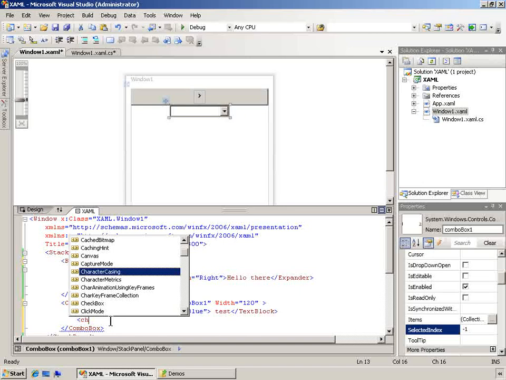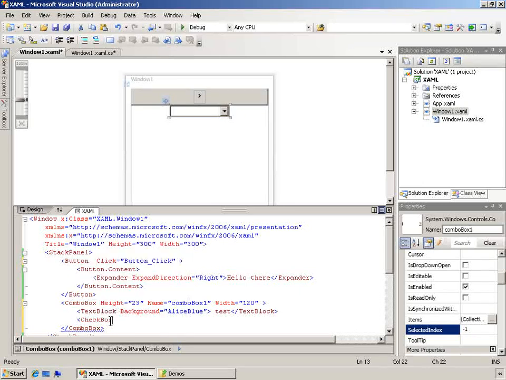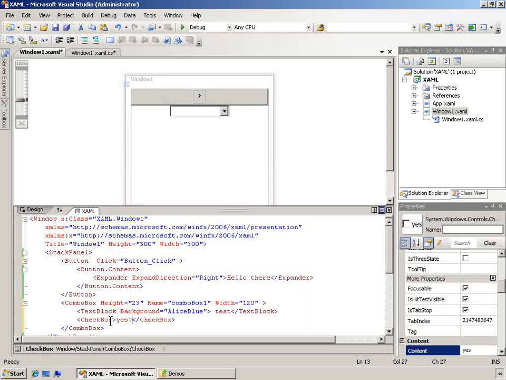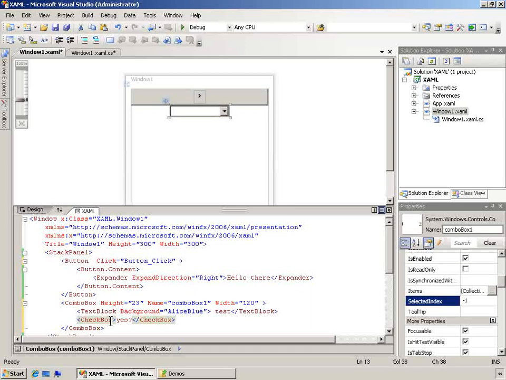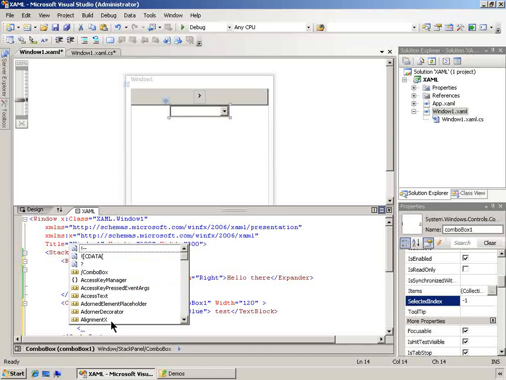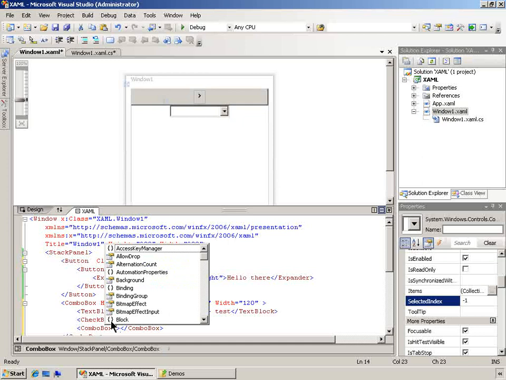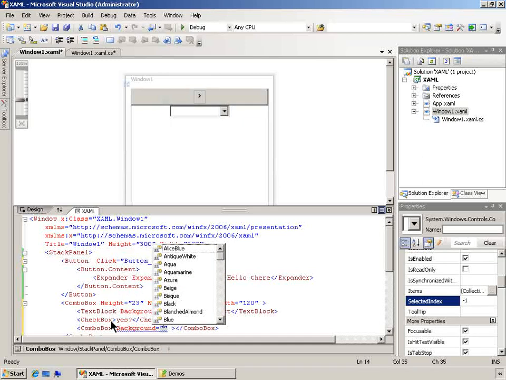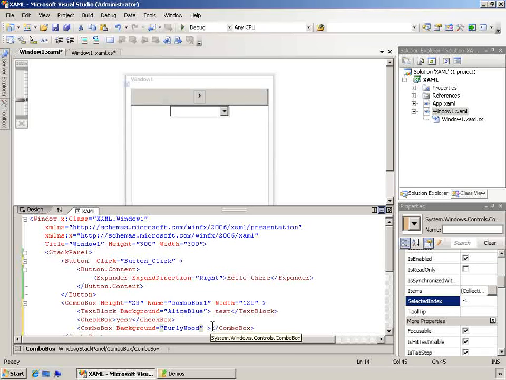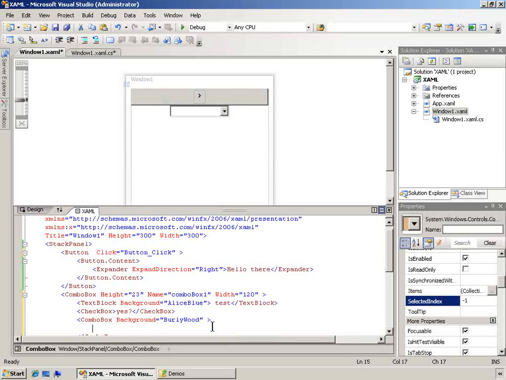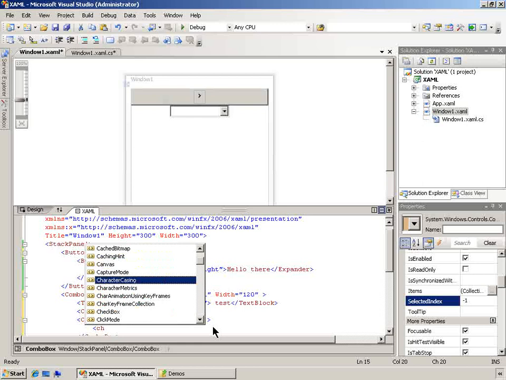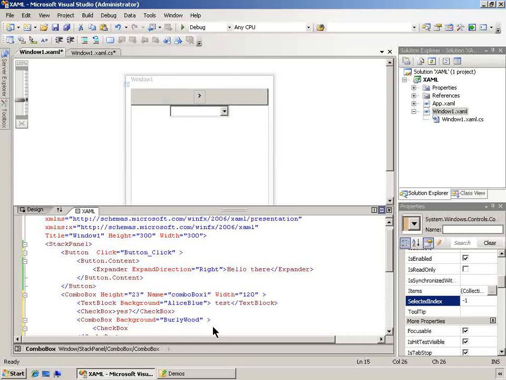Maybe we had a checkbox or something like that. And I can actually fill this combo box with several different things, including, if I wanted to, another combo box, which you might not have expected. I'll go ahead and give that a background, something significantly different, so we can see the difference between that. And then again, more items within that, maybe a couple more checkboxes